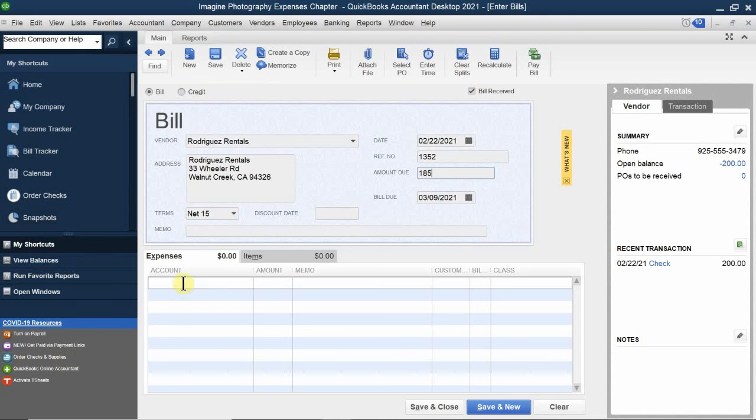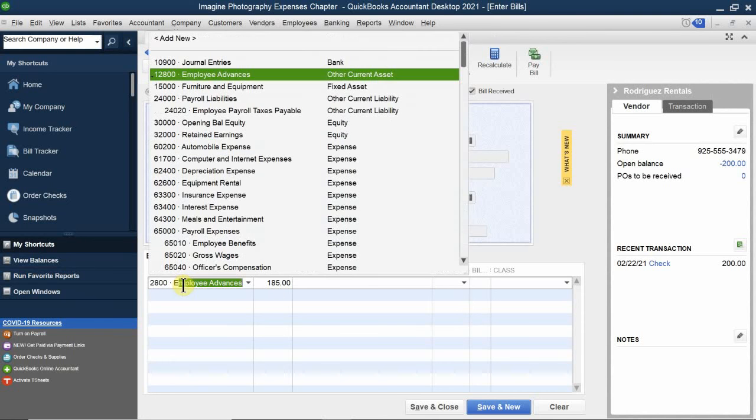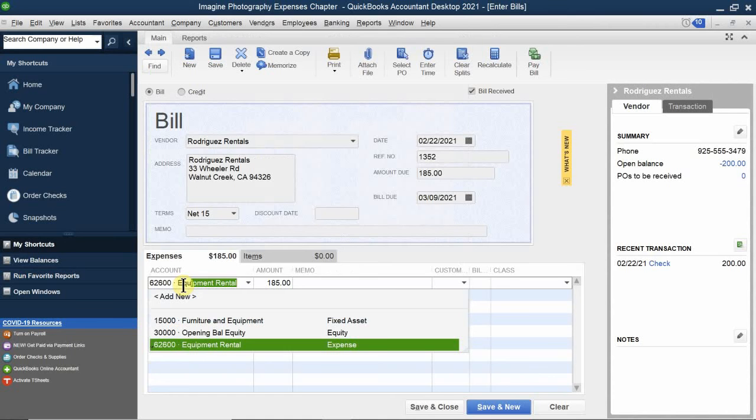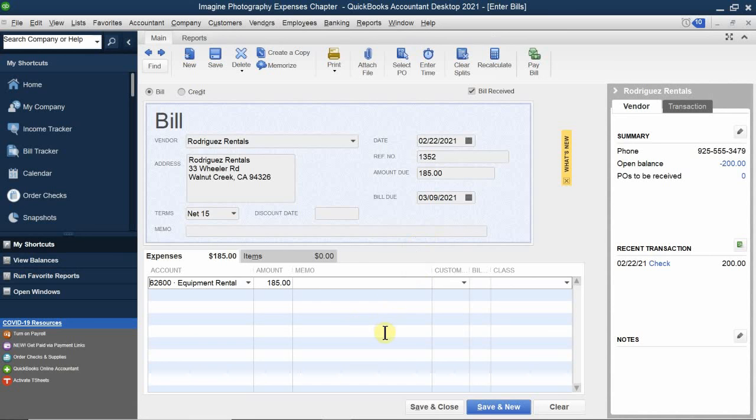Once again, we normally use Rodriguez for rental equipment. So equipment rental, okay? We're going to leave it like this because that's the bill. The bill says that it's supposed to be for $185. Now again, it's going to be for the Walnut Creek location, and I'm going to go ahead and click Save